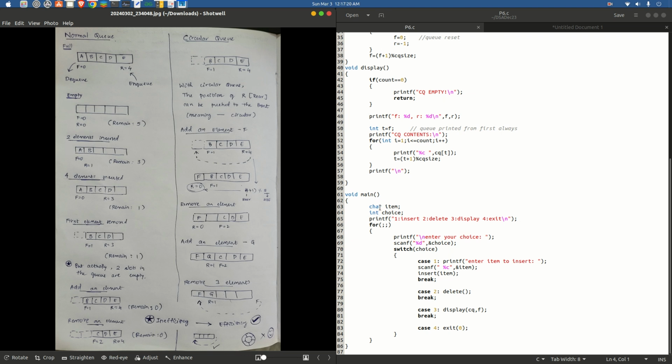So item, as you could guess, is a character type variable, and we use this for the insertion operation. And int choice, since there is a menu, you can always guess that there should be a choice, and it's of type integer. So this is the statement we display in order to make the user understand what the menu options are. And what you see here, for followed by two semicolons, is a way to create an infinite loop. So this is one way. This is not the only way. You can also create an infinite loop using while structure as well, but this is one preferred method of creating